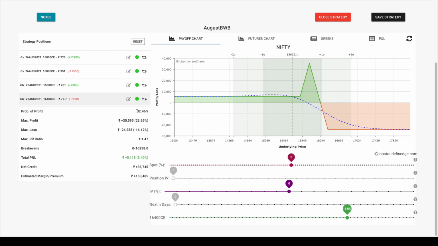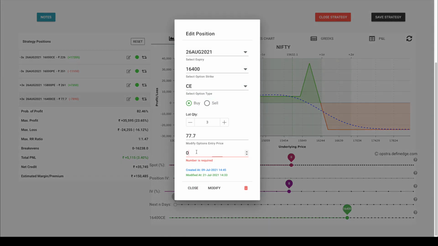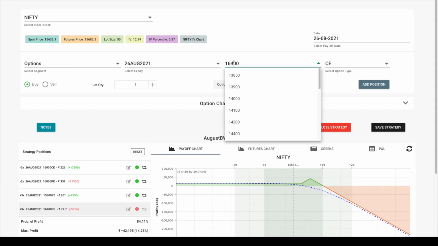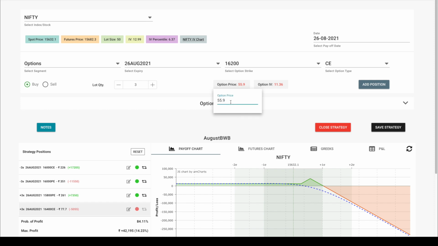About 11 days into the trade, on 19th July, as Nifty moved in the direction of our bias, we exited the 16,400 call leg and entered the 16,200 call leg. That is, we sold to close the 16,400 call leg and bought to open the 16,200 call leg. The trade looks as follows. Sell 150 quantity of Nifty August expiry 16,400 call at 44 and buy 150 quantity of Nifty August expiry 16,200 call at 90.5.